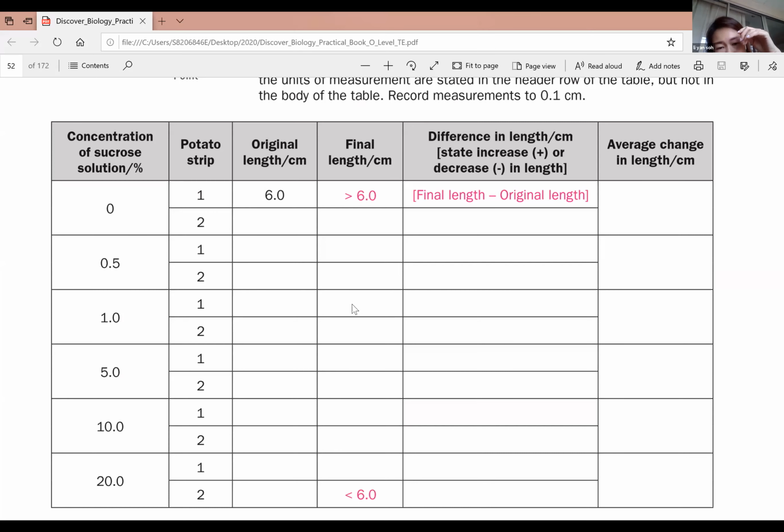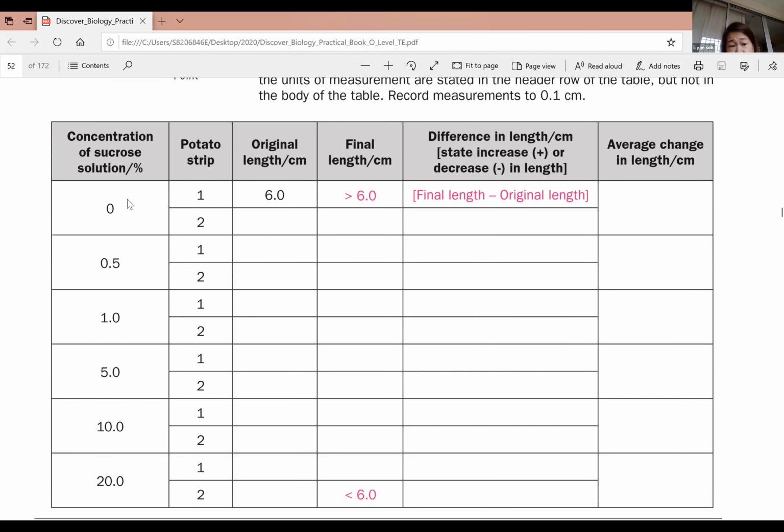So, okay, I'm glad that you all know the dependent variable in this case. What we are measuring is actually the final length. Okay, good. Then what will be the constant variables? What must be kept constant for this particular experiment? The original length of the potato. Yeah, exactly. Okay, and the volume of the sucrose solution must be the same as well, right? Okay, so the original length of potato strip must be the same, and also the type of potato strip that